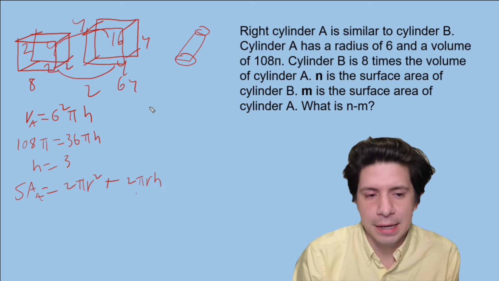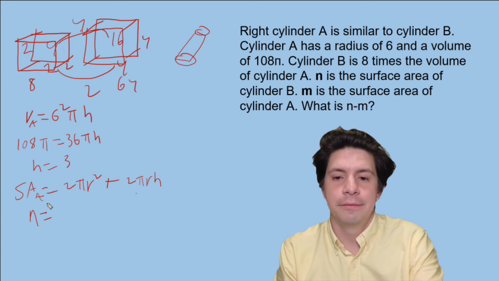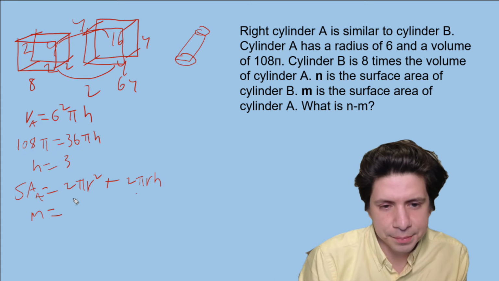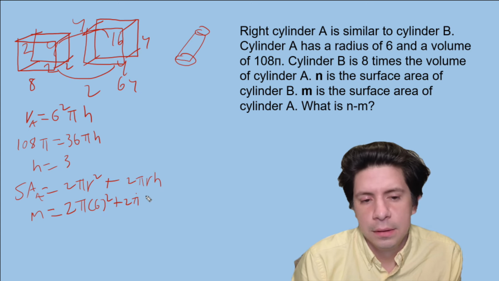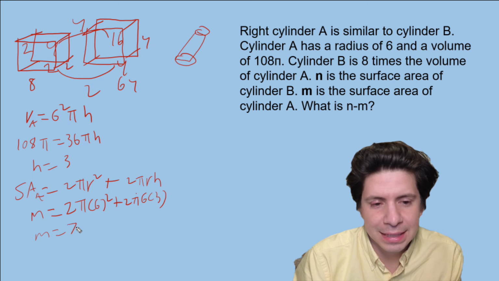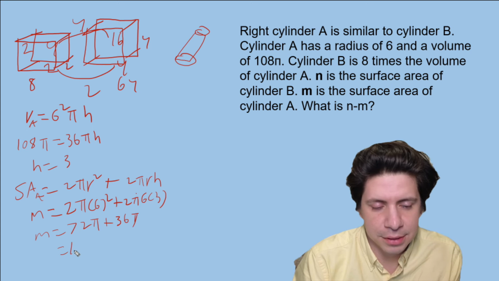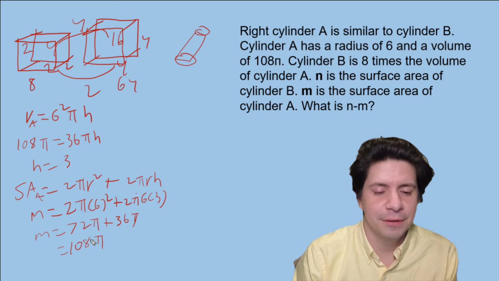Okay, so to find n, right, n will equal, no wait, sorry, to find m will equal 2 pi 6 squared plus 2 pi 6 times 3. So it's going to be m equals 72 pi plus 36 pi, and you could say units squared, but it's okay, you don't have to worry about it. So actually, interestingly enough, it's the same as the volume, which might feel like a red flag, but it's okay,